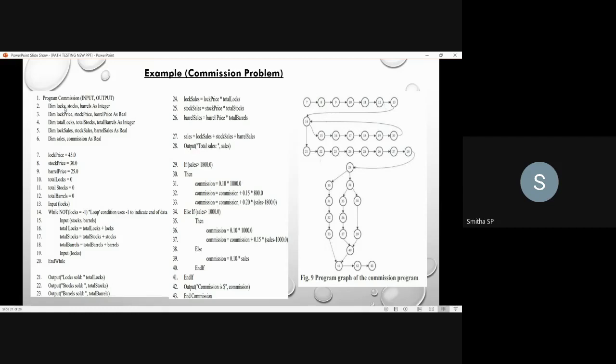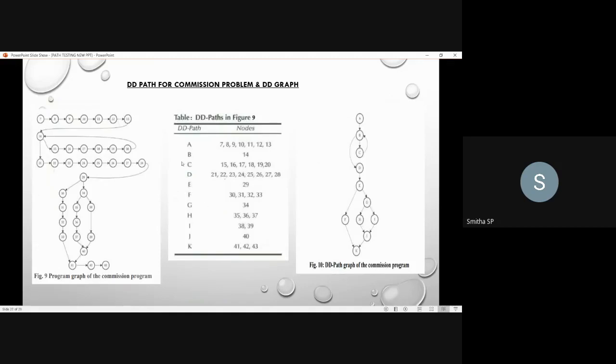Once you have constructed the program graph, the next thing is you have to replace those nodes with alphabets, that is DD path naming. Whatever numberings are there should be replaced by alphabets. While doing so, if any sequence nodes are there, such nodes should be consolidated, that is, replaced by a single node.